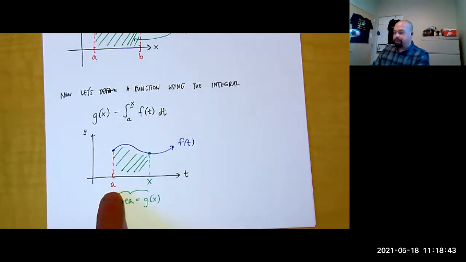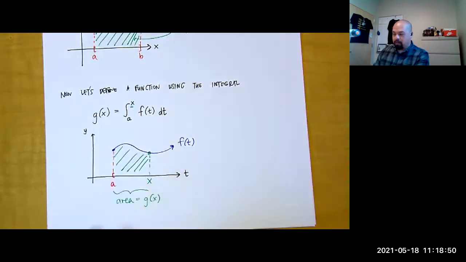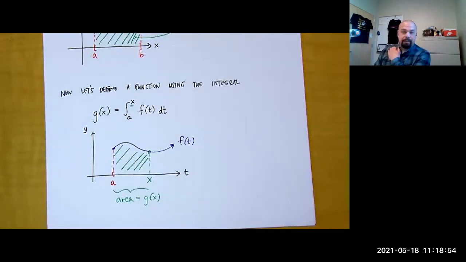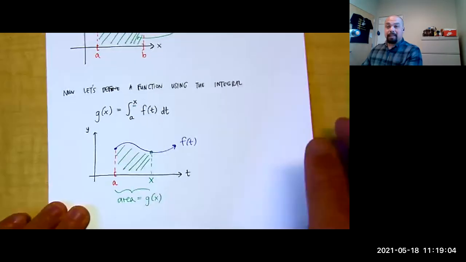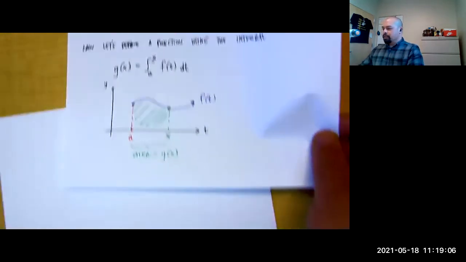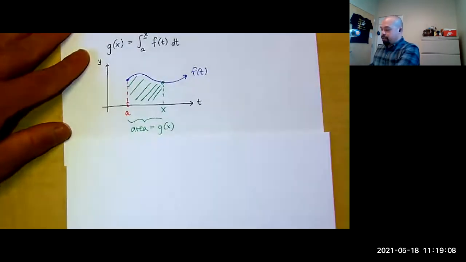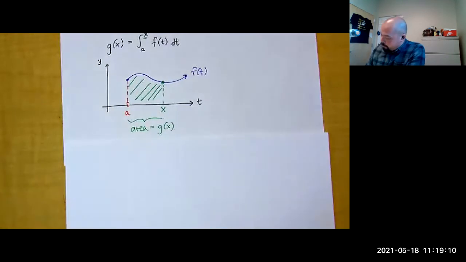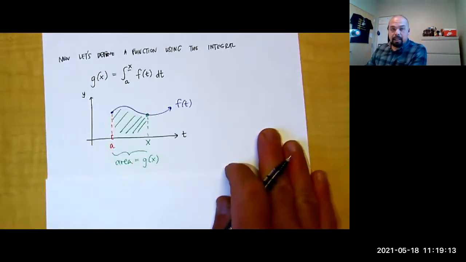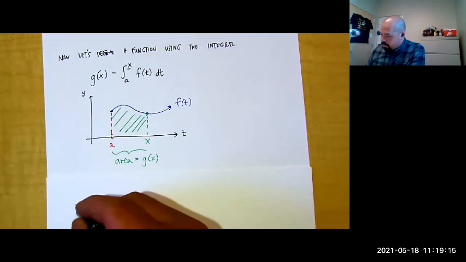And so we might be able to see that if I let x equal a, right, I don't let it get any far at all, there's not going to be any area. It's just that little sliver line. There's no area there, so that would be 0. And then we can take a little bit further, and that area starts to grow. We'll come back to some of these properties of these integrals once we actually start to compute. But now, if that's my g of x, let's consider